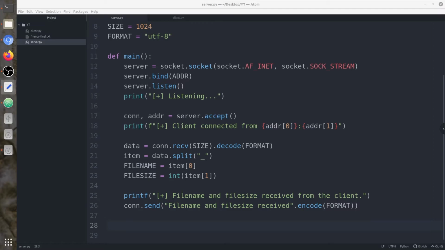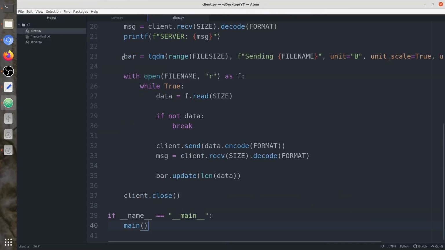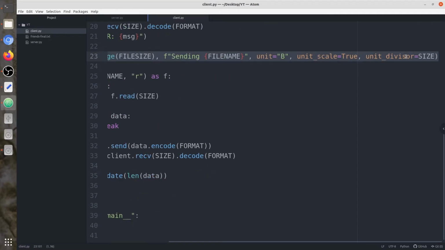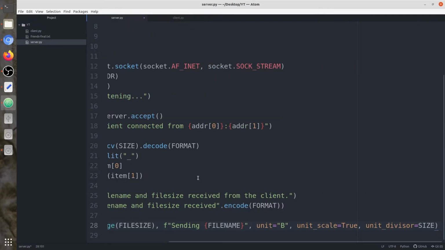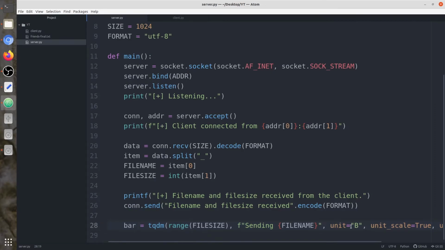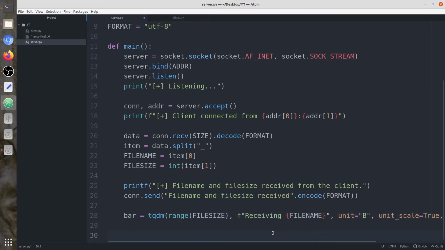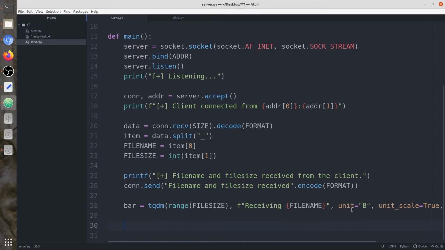So we can copy something from the client, like this progress bar. We can copy it and make a few changes. Instead of sending, we're going to say receiving. We are receiving the file. Now again here we need with open, we need to open the file.